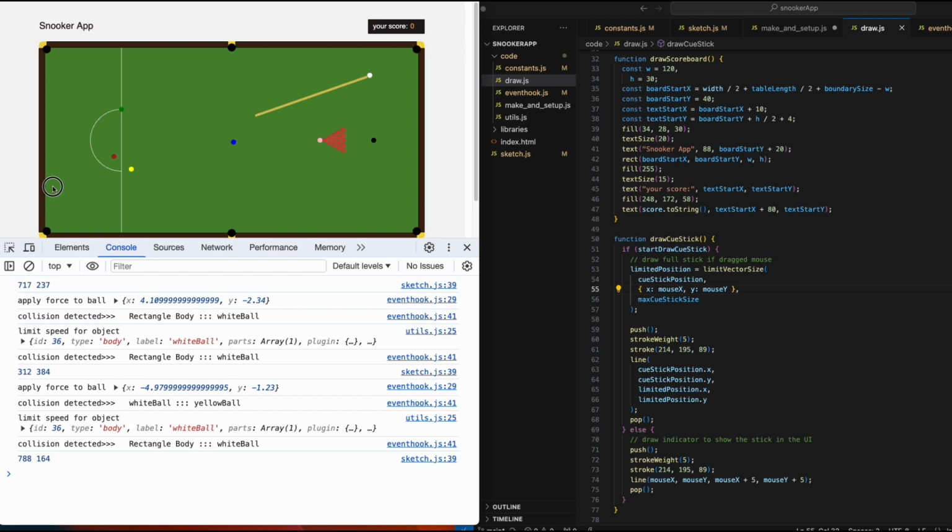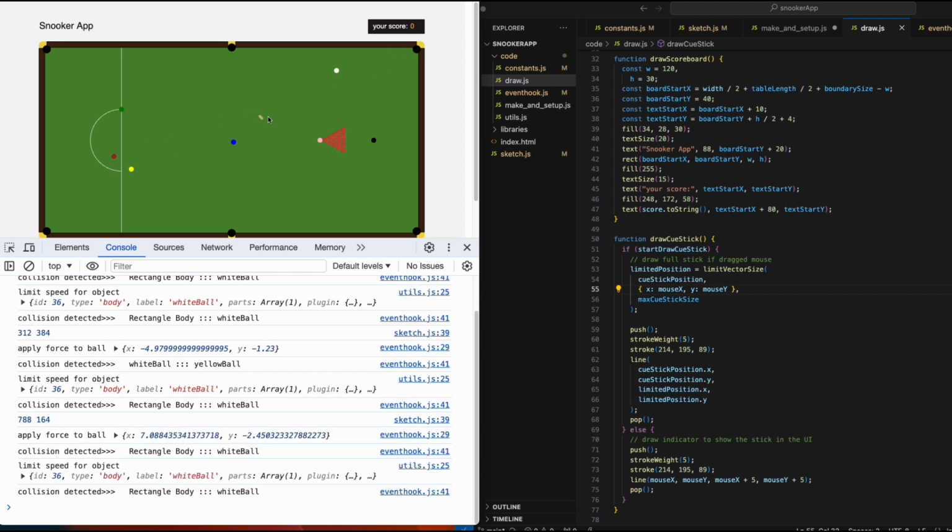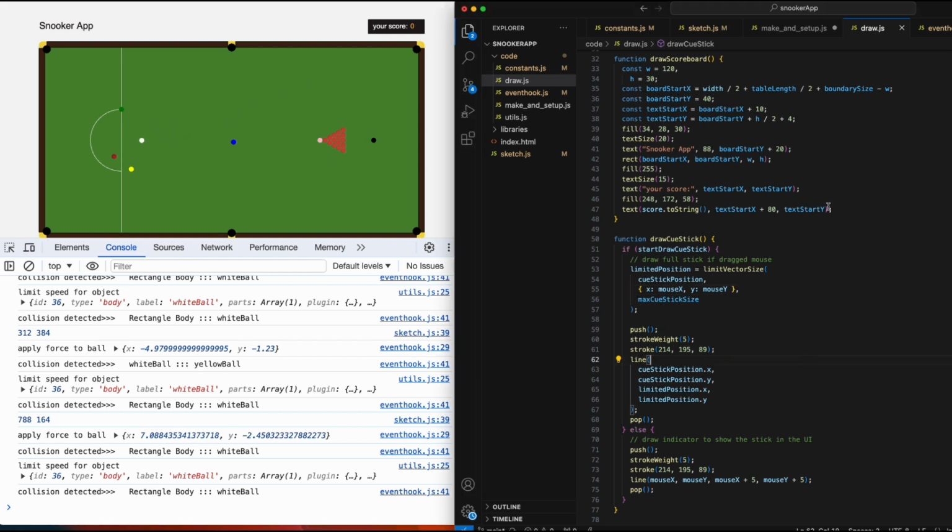And you also see, even if I drag my mouse very far from the white ball, I limit the maximum length of the cue stick. That is, I don't want to kick the white ball too hard, or the white ball will fly out of the table. So now I limit the maximum force. Okay,